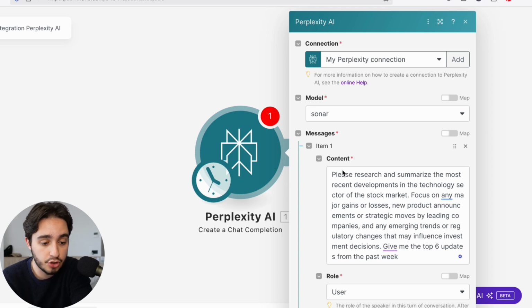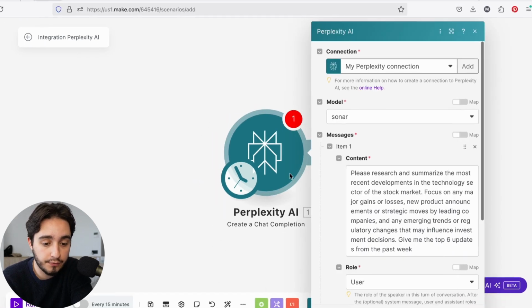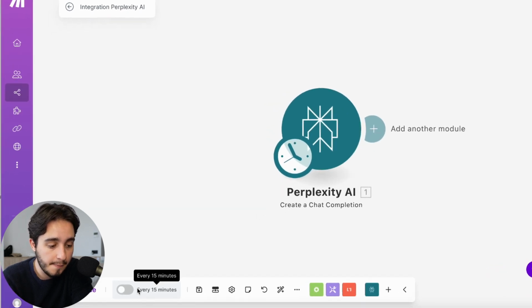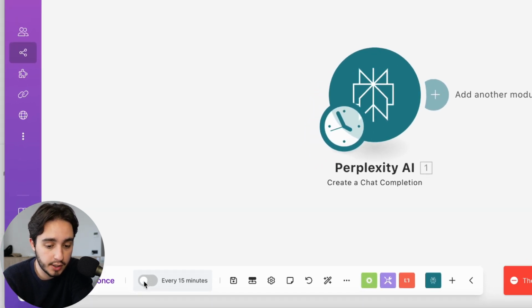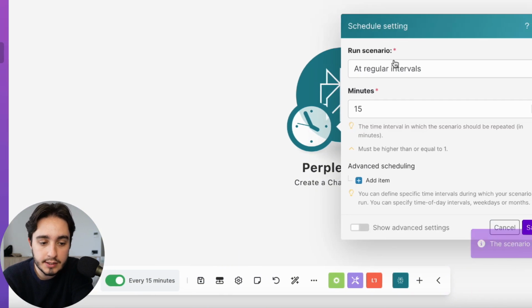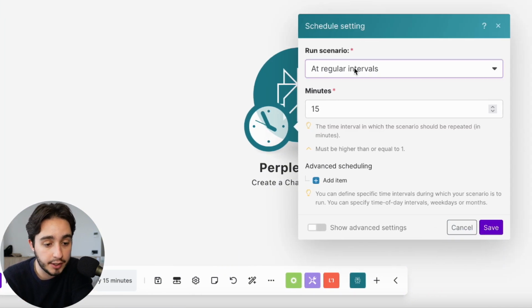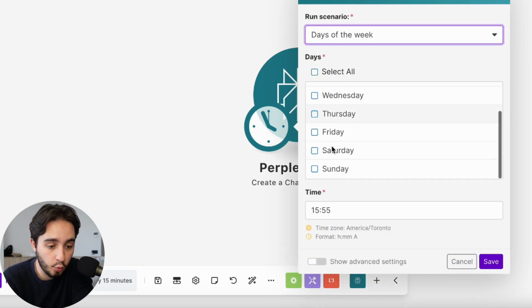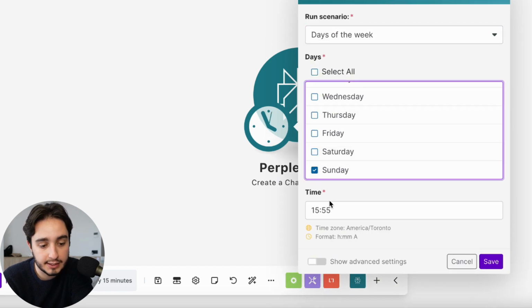And over here, one of the key things that we need to pay attention to is to save this and set up our trigger. I'm just going to save the scenario before we set up the trigger. We can see that we can run this at regular intervals. And how do we actually do the trigger the right way? We should select here that it should run on days of the week, and we can choose exactly when it's going to run. For example, we can select Sunday as the day that we're going to run the scenario,